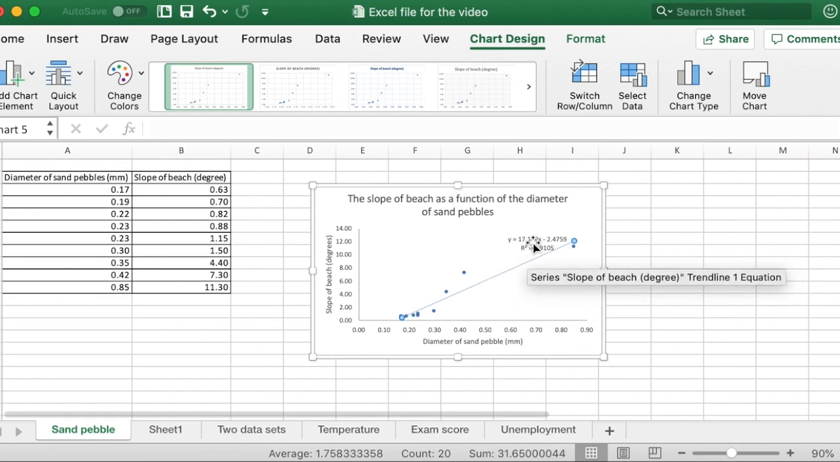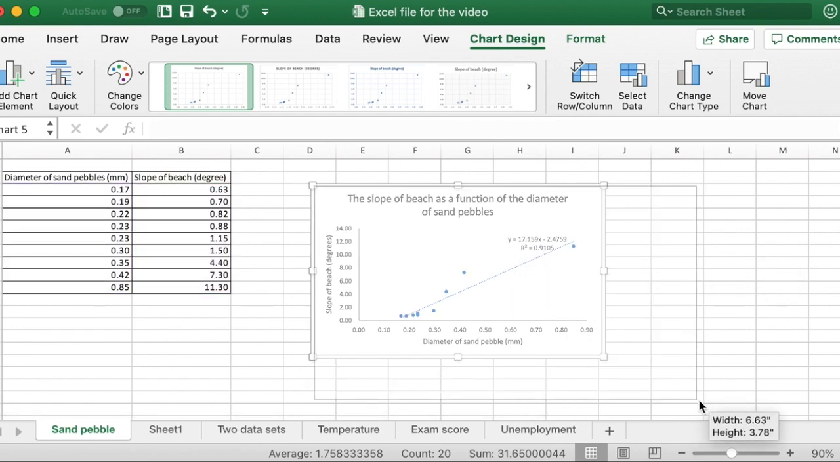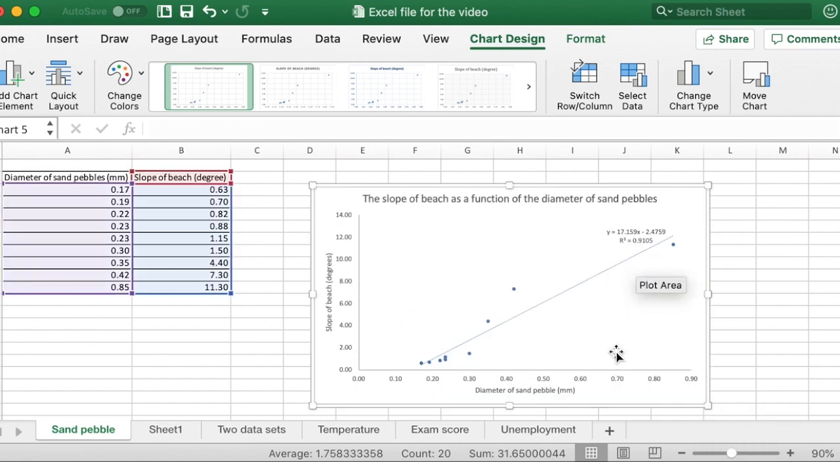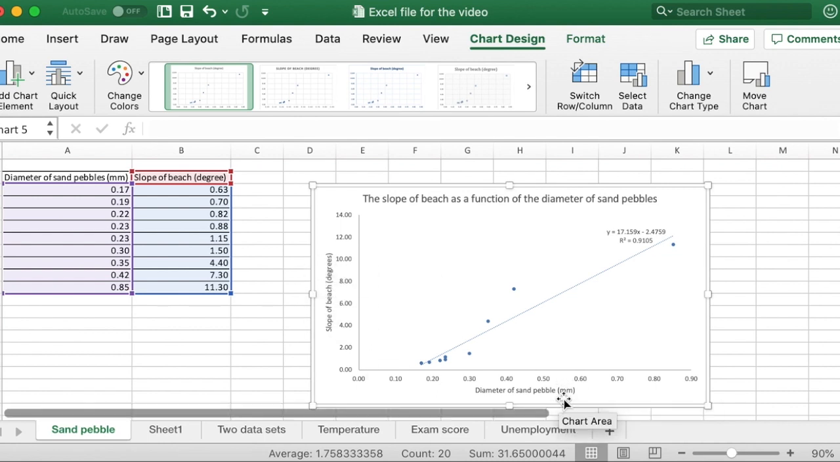Okay, note that the slope is 17.159 degrees per millimeter. The unit of the slope comes from the unit of the y variable divided by the unit of the x variable. The y-intercept in this case is minus